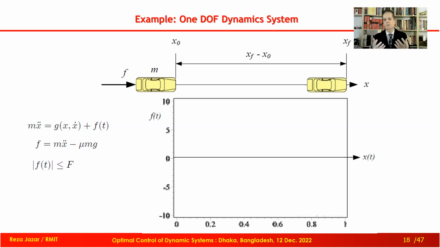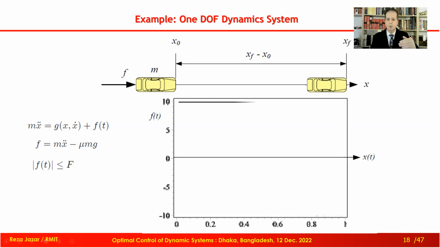If we have such a system, you understand that the solution would be applying the maximum force from the beginning of the path up to the middle of the total path. At the middle of the path, we have to switch to the minimum, meaning negative maximum, to brake the system to be able to stop at the end. So accelerating to the middle, braking to the end. This is the mathematical solution to make sure that the car, the mass, is going to stop. And this is what we see as the solution.